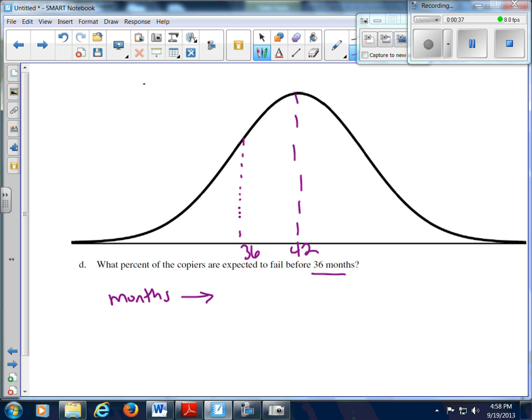All right, so we're trying to go from months to figuring out a z-score. What does that mean in terms of standard deviations away from the mean, to finding a percent? So what we're going to do is use the opposite process of what we just did for 14C. I'm going to use my z-score formula to figure that out. So I need to figure out what is a z-score for 36 months if I know my mean is 42 and I have a standard deviation of 7. So what I'm going to get is negative 6 divided by 7,